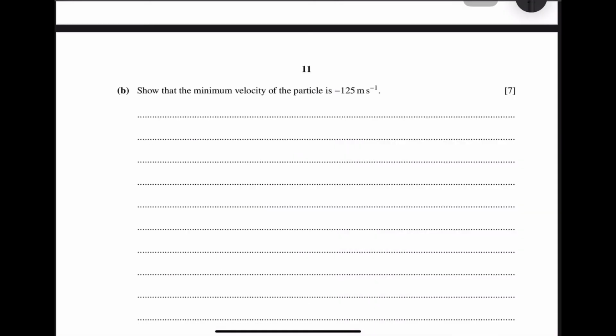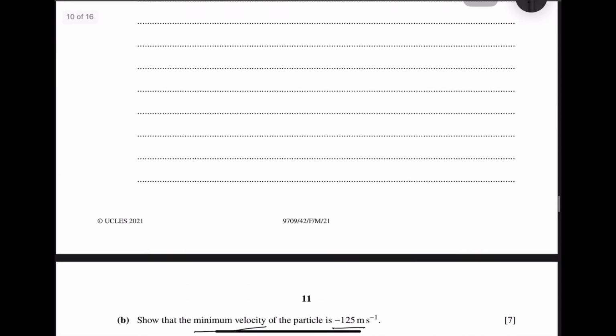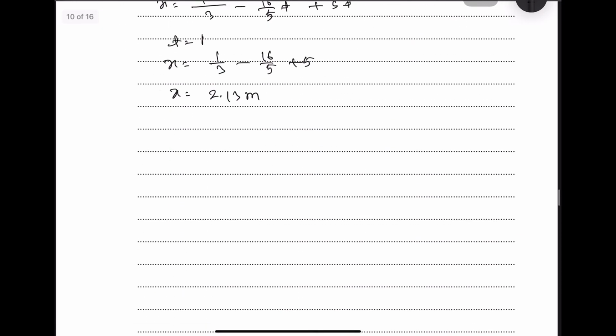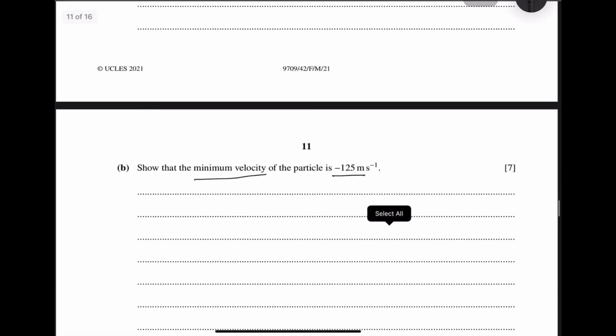2.13. First of all, that is minimum velocity. That is, there are two things: velocity is minimum or maximum. Then the minimum velocity, this one. To find the minimum velocity, we need to differentiate v. V equals t square